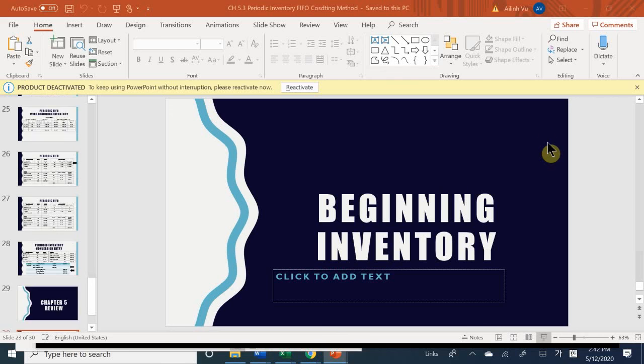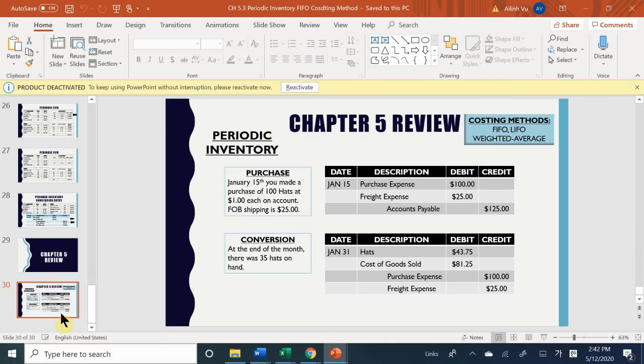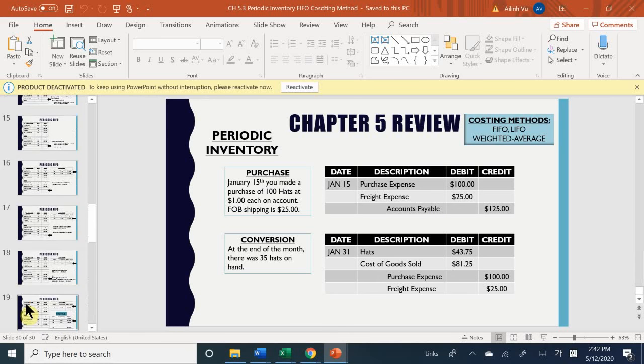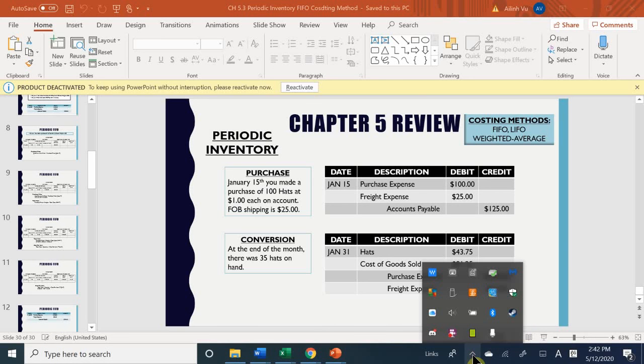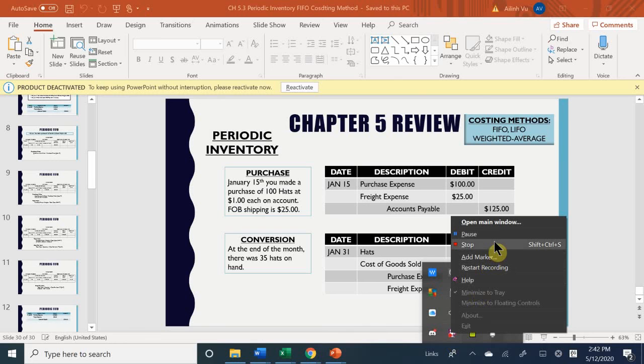Now, other than that, are there any questions on FIFO in general? Anything? Would you recommend us getting a journal of our own to practice this, or just practice